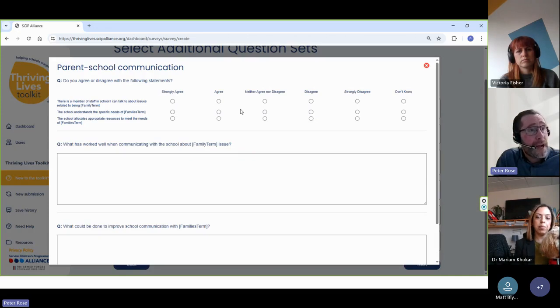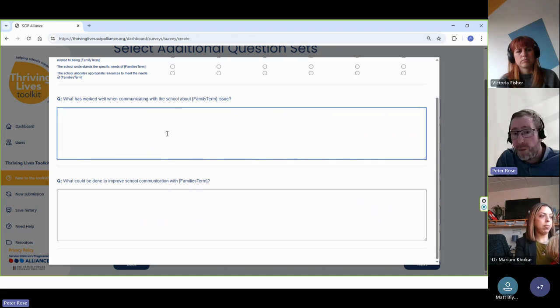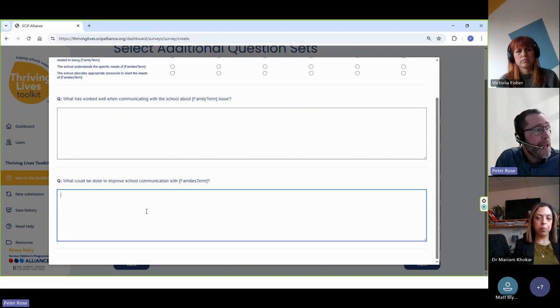They all follow a similar structure: an initial 3 to 5 scale questions, and then typically 2 free response questions, one asking what has worked well in relation to that theme, and one asking what improvements might be made.